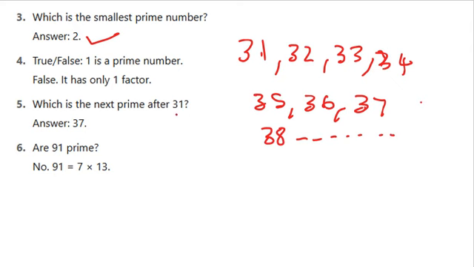We want to find the next prime number after 31. So if we keep on checking that,